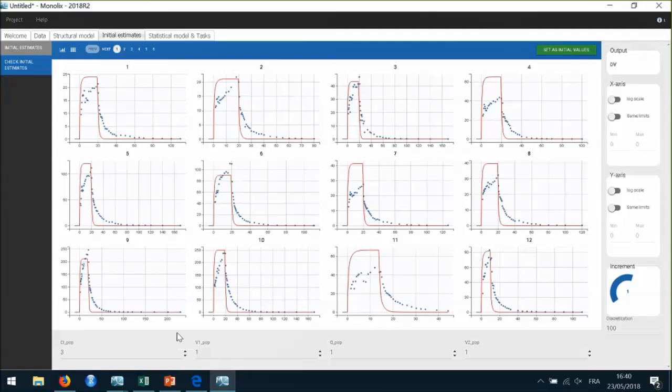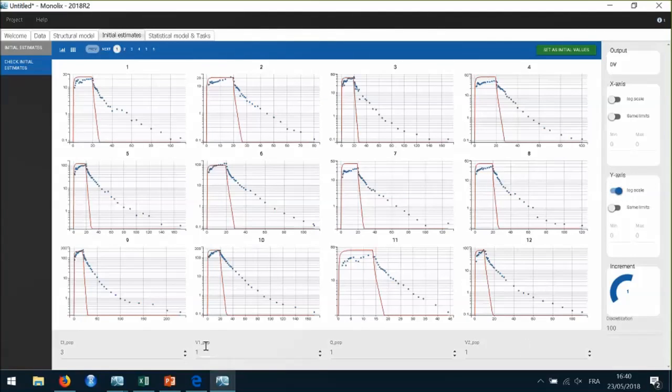And in particular, I should try to find population parameter values so that the prediction displays the key features of the model. So for a two-compartment model, this will mean the two slopes in the elimination phase on log scale. So I can choose the log scale for the y-axis and then play a bit with these parameter values to get a reasonable agreement in log scale.